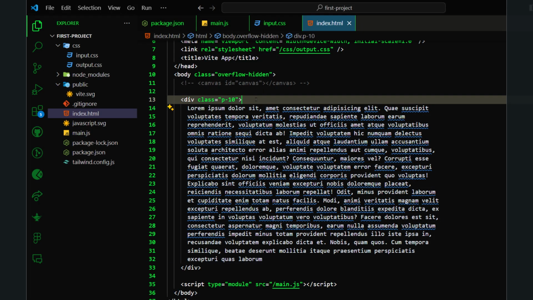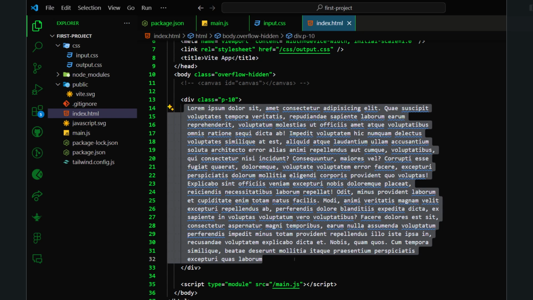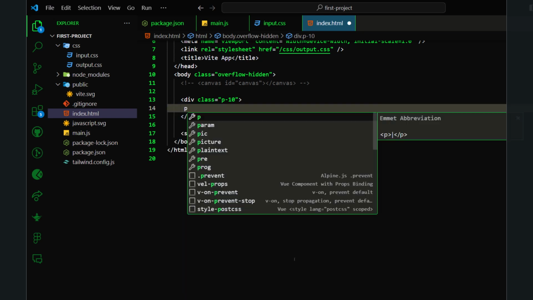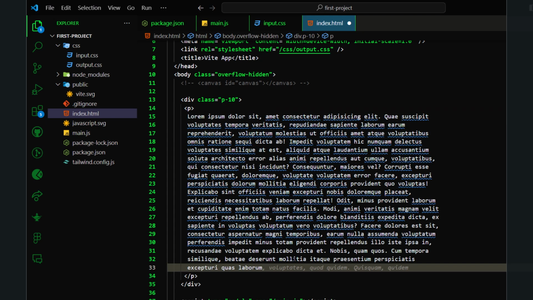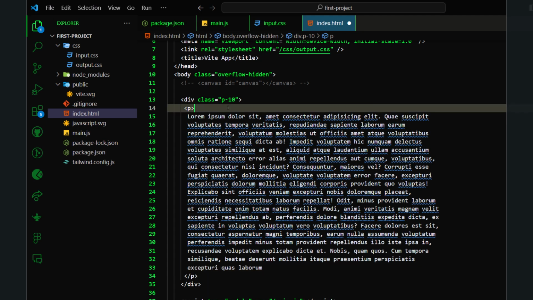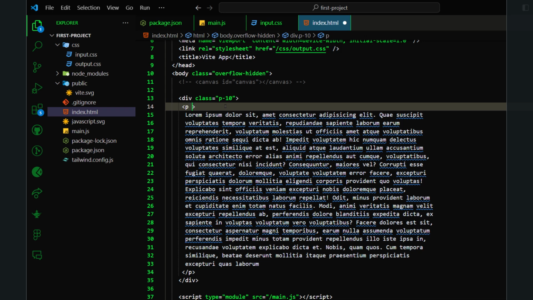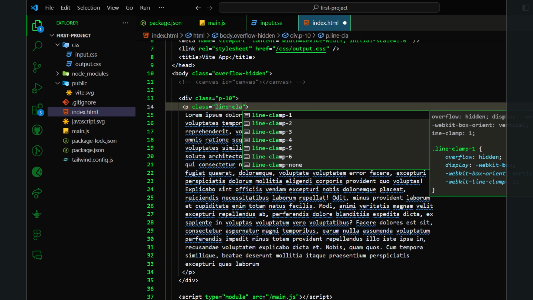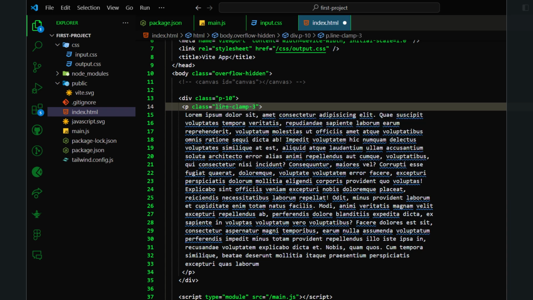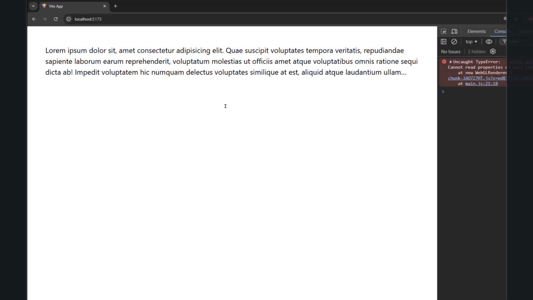As you can see, I have only one div element with a class of p10. This is the text I want to eliminate to a few lines. The first thing I will do is add a paragraph tag because the text needs to be inside the paragraph tag all the time. The utility class you can use to eliminate extra lines is line-clamp-2 or 3 or whatever you need. So if I Control S and go to the browser, as you can see, now I have only 3